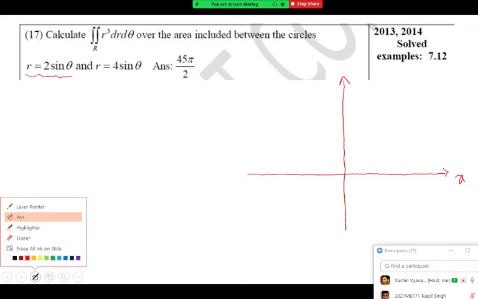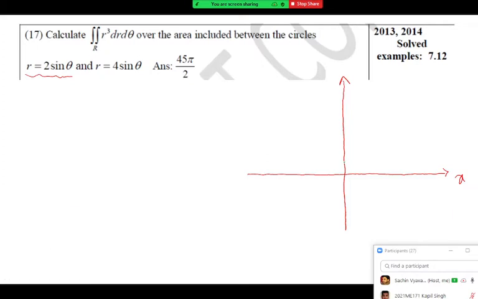Okay, good. So let's say this is my 1 unit and this one is 2 units. So this diameter is 2, so I will draw a circle. The equation of this one is r equal to 2 sine theta, that I have written here. Next, we have to draw one more circle, which is r equal to 4 sine theta. Say this is 3 units, this is 4 units. Now r equal to 4 sine theta is a circle. Say this one is r equal to 4 sine theta.